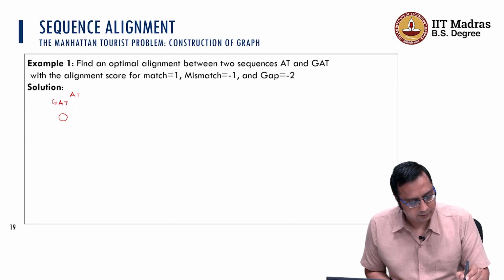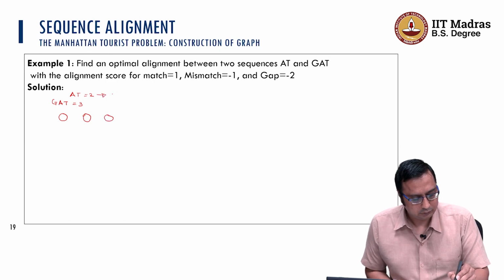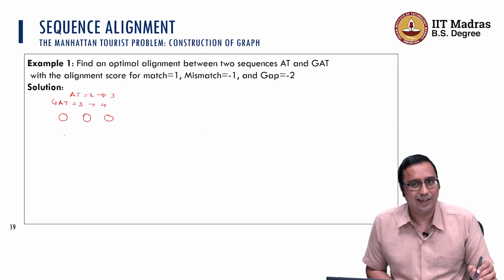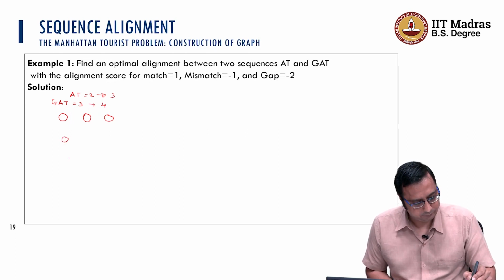Let's say here, this is of length 2 and this is of length 3. So I'm going to create nodes equal to length plus 1. So here the number of nodes is equal to 3, and for this one 4. So I'm going to construct a 3 cross 4 grid of nodes. So 1, 2,